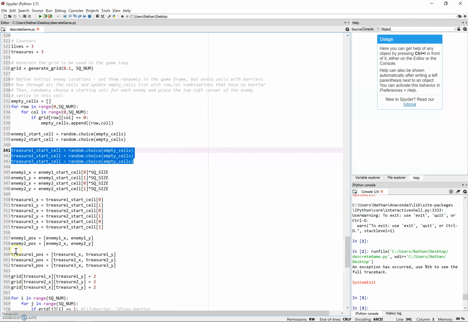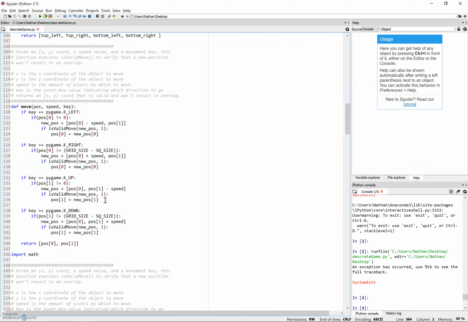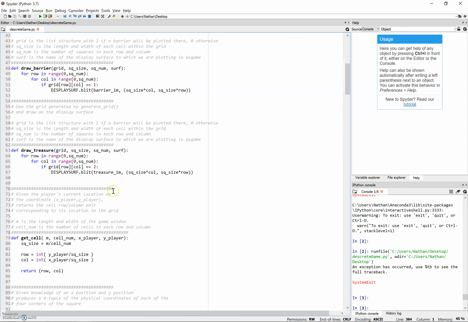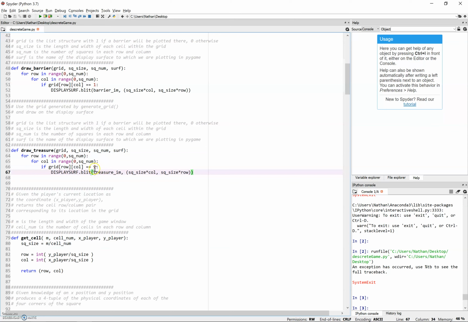So to jump into it, the way that we implemented the treasures is that we set each treasure to a random dot choice from an empty cell array. We created points that were the treasure's coordinates to help with readability. Then we added the treasures to the grid represented by 2. Once they were added to the grid, we rendered them to the screen by calling a new function, drawTreasure, that has the same parameters as drawBarrier. It loops through the grid and looks for all positions with a 2, and draws a treasure at the location